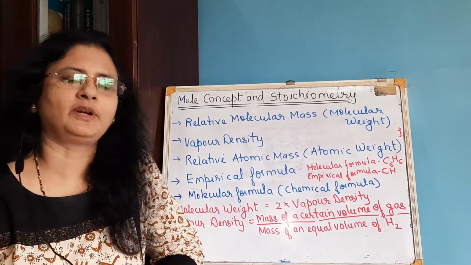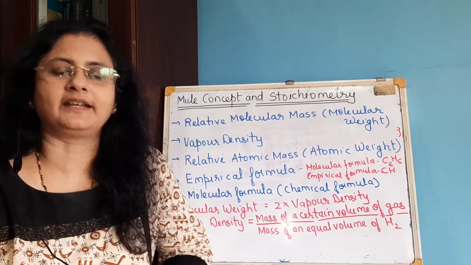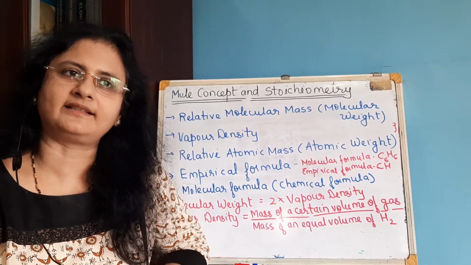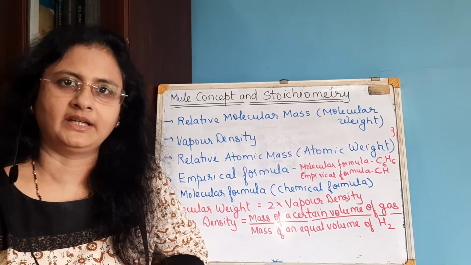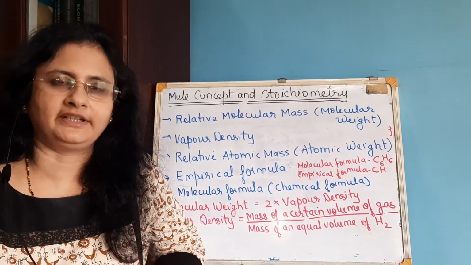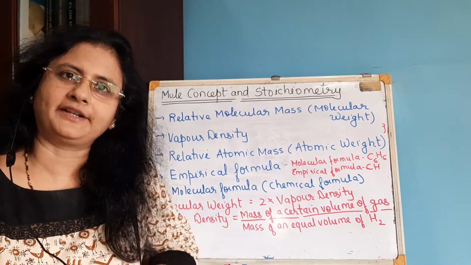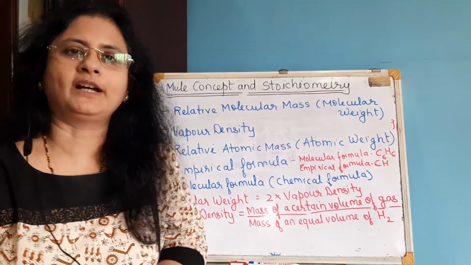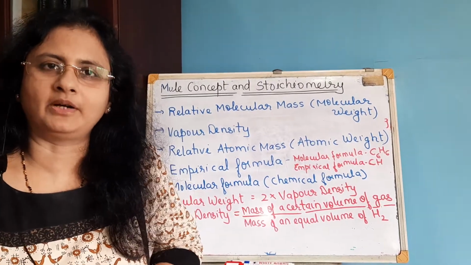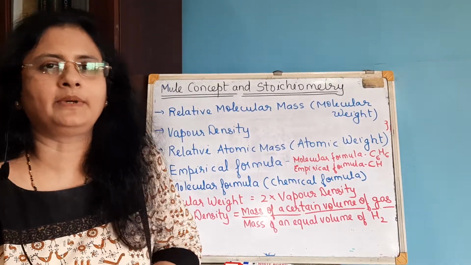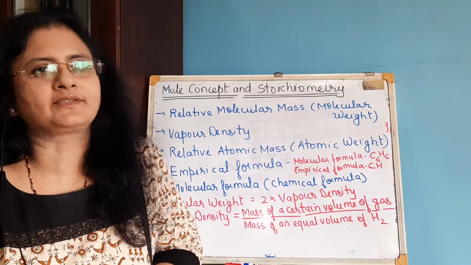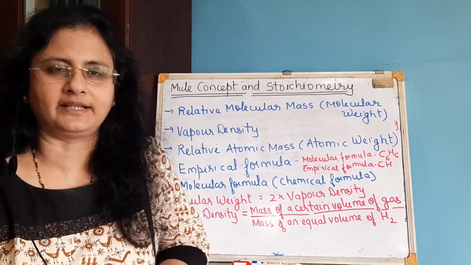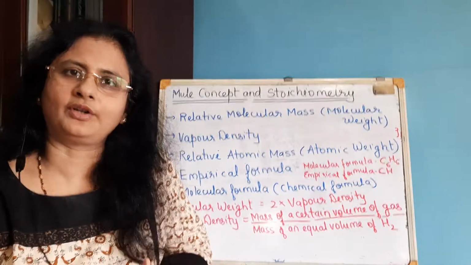So first you have to understand the concept of what is called relative molecular mass. Now if you remember, in 9th standard we had discussed this relative molecular mass, RMM, also called molecular weight. Do you remember the definition of RMM? Yes, very good. It is defined as the number of times one molecule of that element or a compound is heavier than 1/12 the mass of an atom of carbon isotope C12. Okay, so you always compare with the carbon isotope C12, that is relative molecular mass or molecular weight.